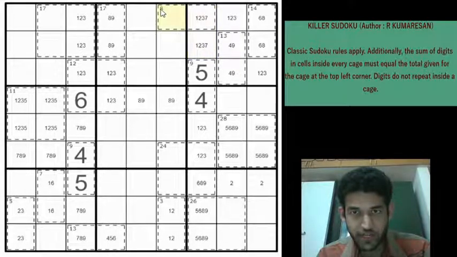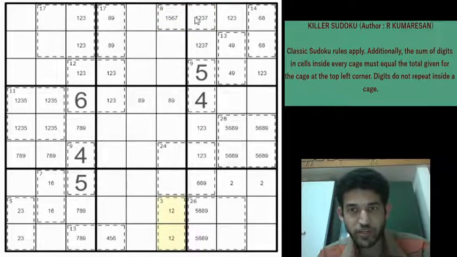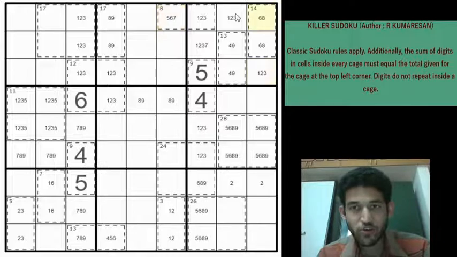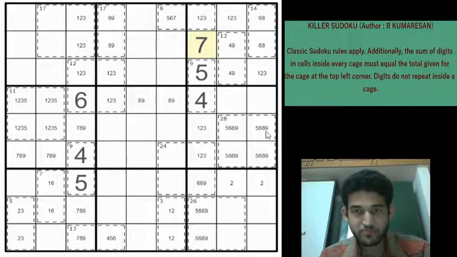Now for the 8 cage, if it is a 1, this will be a 7. If it is a 2, this will be a 6. If it is a 3, this will be a 5. If it is a 7, this will be a 1. But 1 is not possible because of this 3 cage, we have 1, 2 here. So you can eliminate the 7 from here, right? So which eliminates the 1 from here. Now we have formed the 1, 2, 3 triplet. Fantastic Sudoku. So which means that we can place the 7 in row 2 column 7.